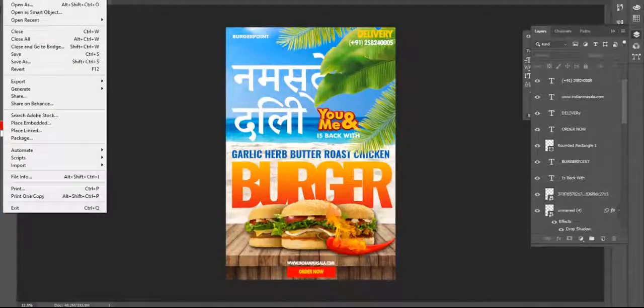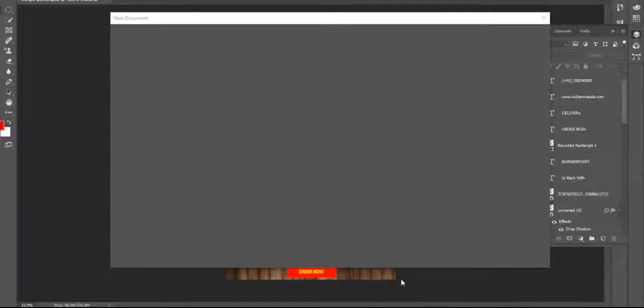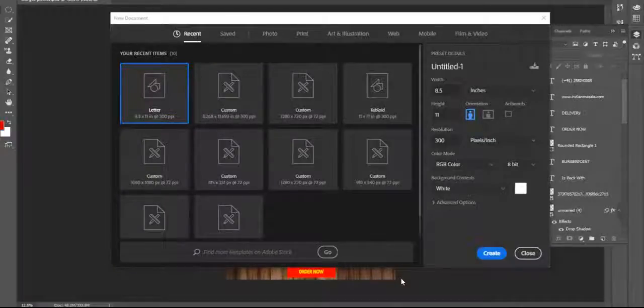Today I want to learn how to create image manipulation. Basically, I made a poster design yesterday, and today I want to make a social media design using Adobe Photoshop. So today I am going to make an Instagram post design